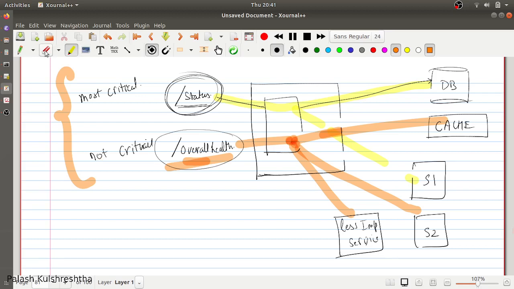Also, you have to make these endpoints secure. Now, these endpoints are going to query your critical resources like database, cache, service 1, and all the other services.